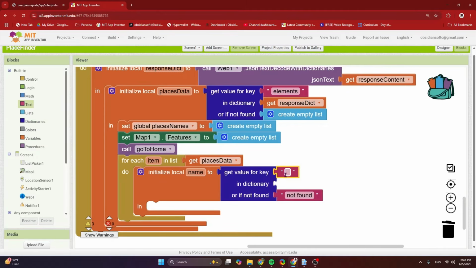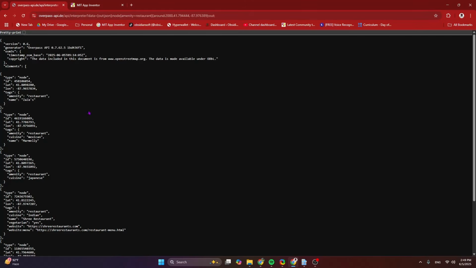Again, the spellings of the key are very important. In the dictionary, I again need to get the value for key tags, and that will give me the correct dictionary. Because if I go back here, you can see that the name of the restaurant is inside a dictionary against the key tags.